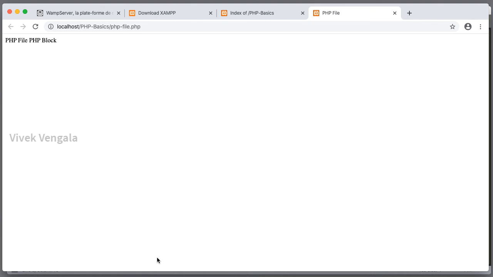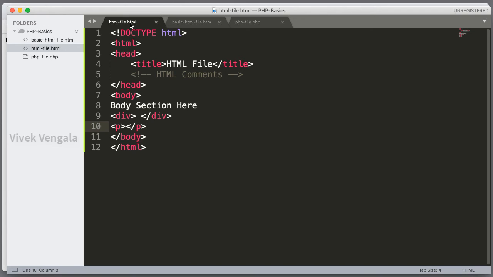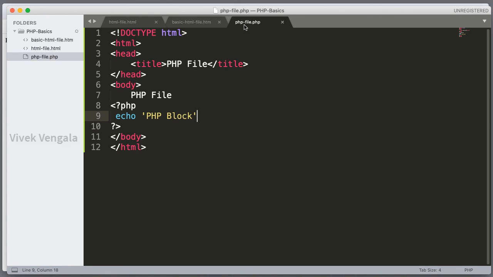It's the same. You can use single quote marks or double quote marks for this. I hope by now you understand the differences between HTML files and PHP files. In HTML files, you can use only HTML code, and inside PHP files, you can use HTML and PHP. If you want to use only PHP, you can open a PHP block and you don't have to close this PHP block. And if you are using it with HTML, you have to use opening and closing PHP blocks. Otherwise, you will get an error.